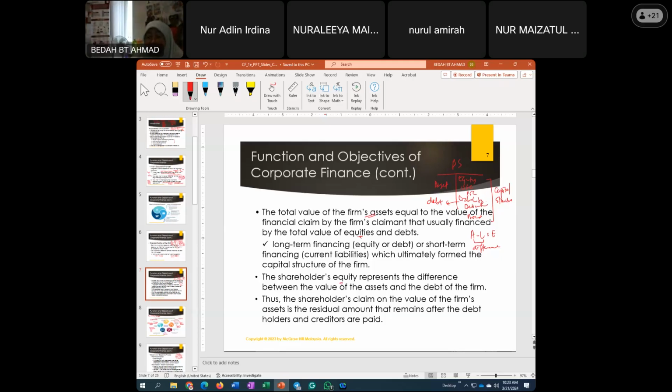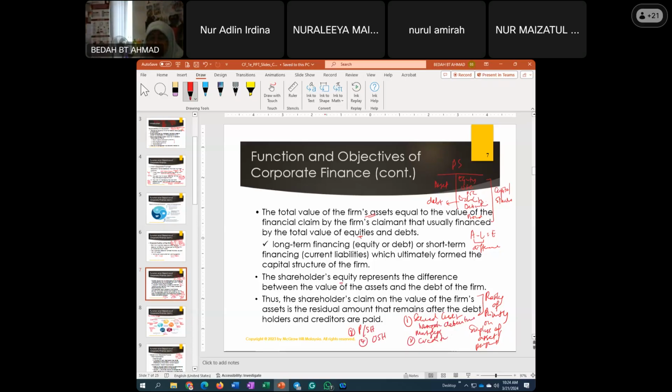So usually the ranking, this one refers to the ranking of priority when payment is made on surplus of asset. Surplus of asset or payment. So the first to receive are the secured creditors. So mortgage debtors, mortgage debentures, then creditors. Third, preference shareholders. Fourth, the last one, ordinary shareholders.